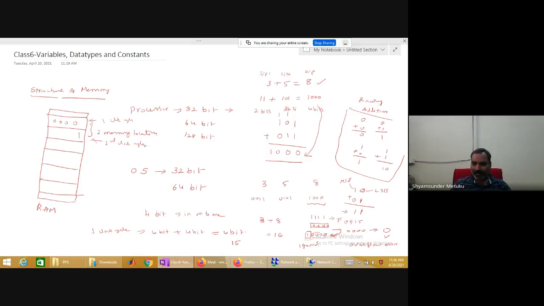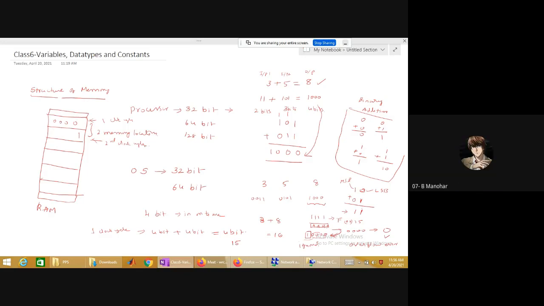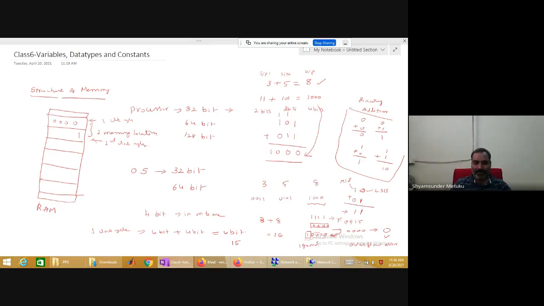Are you able to follow? Yes, sir. If there are 3 members, the bike can accommodate only 2 members. Yes or no? The third member cannot be accommodated. Then you have an alternative: a high bit processor. It could be a 3-seater auto, or a car kind of thing, so that all 3 members can be accommodated. Yes or no?